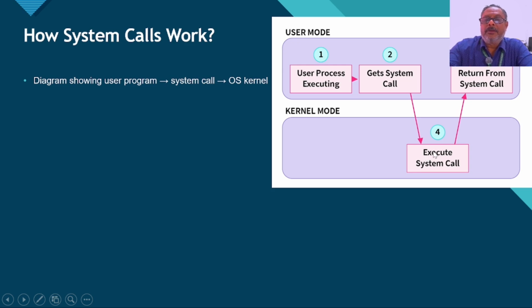So it uses the resources, executes the call, gets the answer, and returns to the user mode with the answer. So that's how system calls are useful for accessing important files, resources, memory, whatever it is,